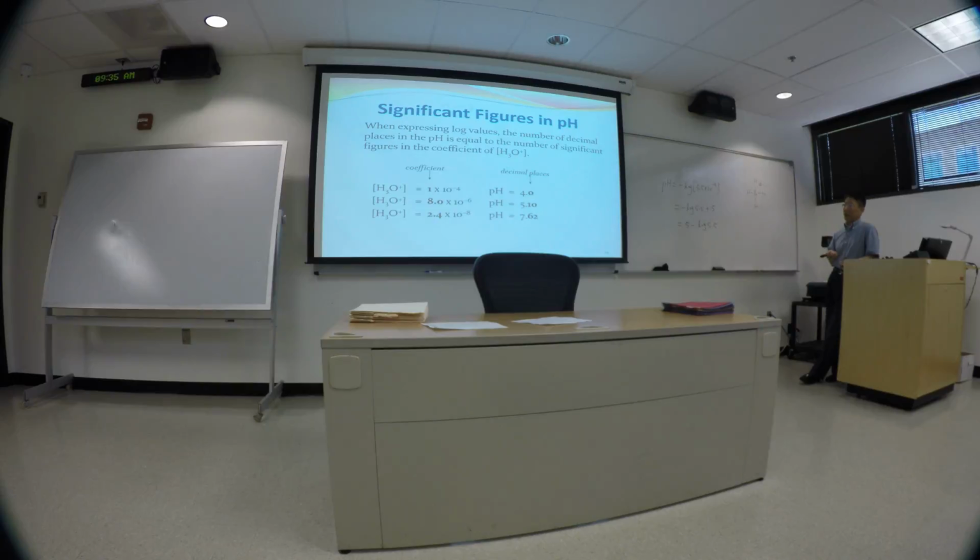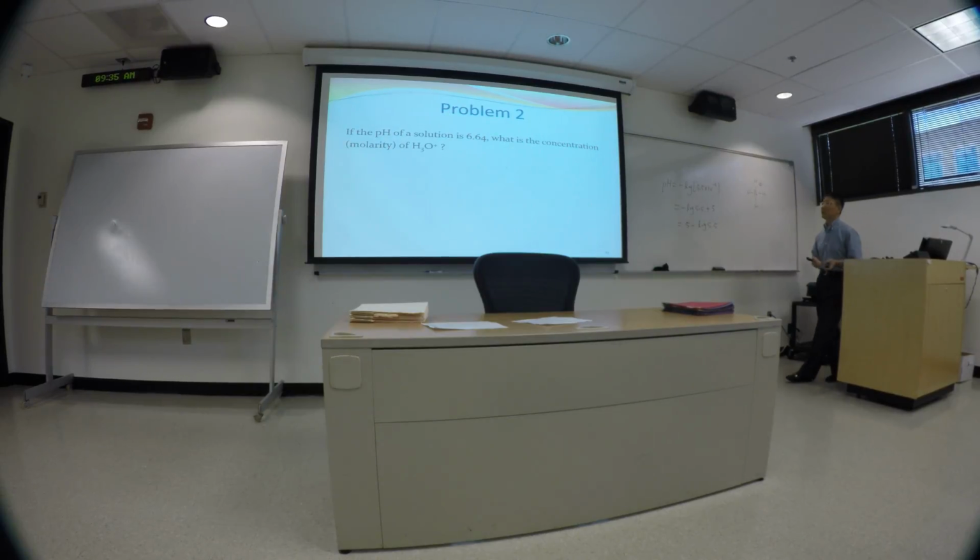So that's the relationship, and then we can ask you to do questions. If we give you the hydronium ion concentration, we ask you the pH. But if we give you the pH, we also need you to be able to figure out the concentration. So this is the reverse. pH is 6.64. What is the concentration, or the molarity, of this solution? Well, if pH is 6.64,